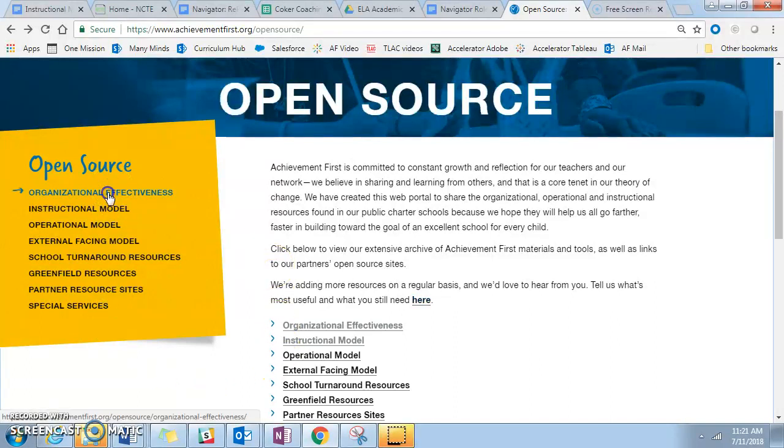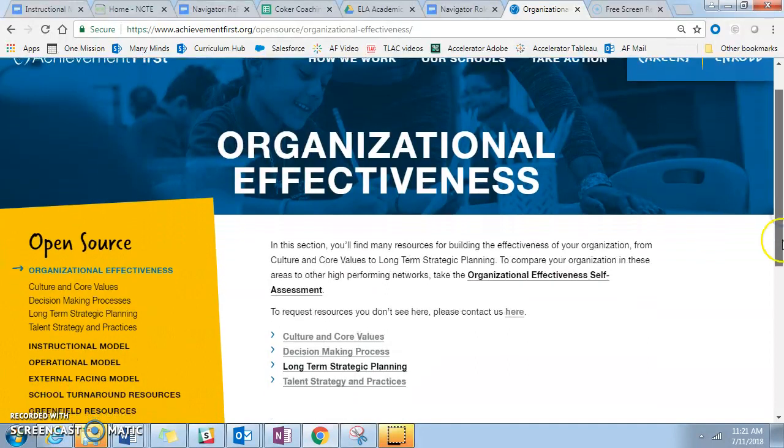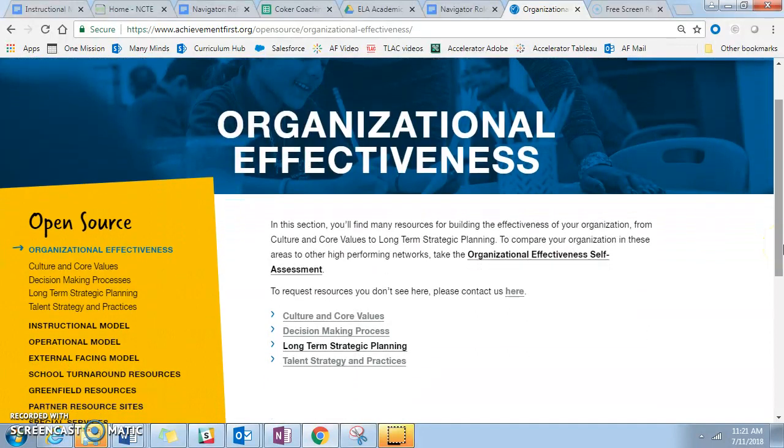So our organizational effectiveness materials, once you click that, will take you into a place where you can think about the effectiveness of your organization. We do recommend you start with a self-assessment, which is a tool that will help you think about what is and is not strong at your network or school.